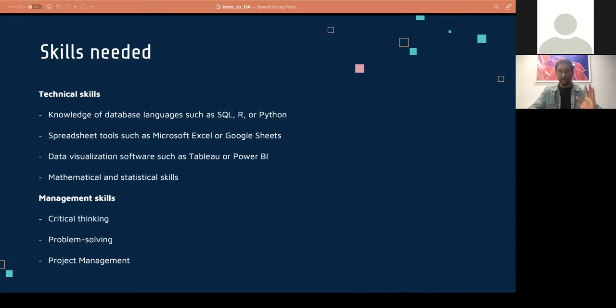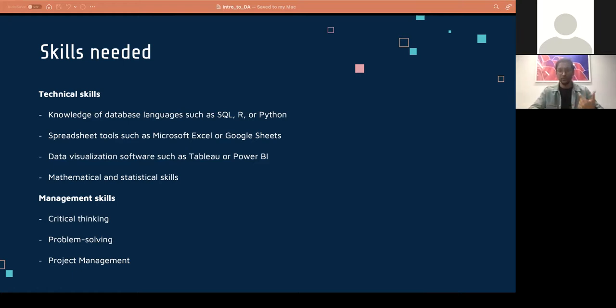Moving from technical skill, I would also say management skill is as important as technical skill. Sometimes a person who wants to become a data analyst focuses on technical skill because it is important, for sure. But at the same time, your management skill is as important as your technical skill for a DA role. In terms of management skill, there are three skills that I would say are very, very important, and this is something good companies also evaluate when they are evaluating you. One is your critical thinking,